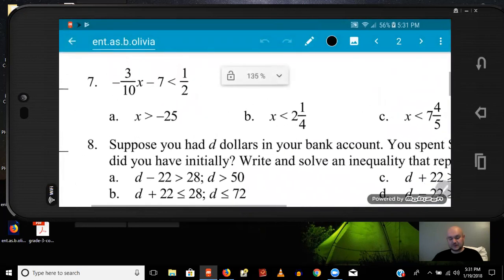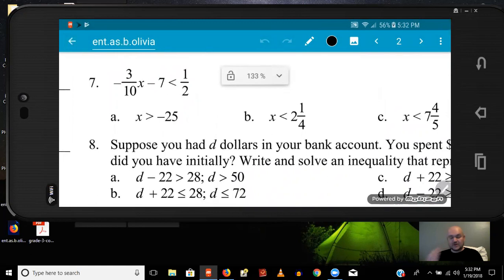See. Okay. What we have to do is try to leave the actual letter by itself. So first off, we realize, okay, I got to get rid of that -7. So we add a 7. That works on that side, but we have to do it on the other side. So on the left-hand side, we're left with -3/10 x less than 1/2